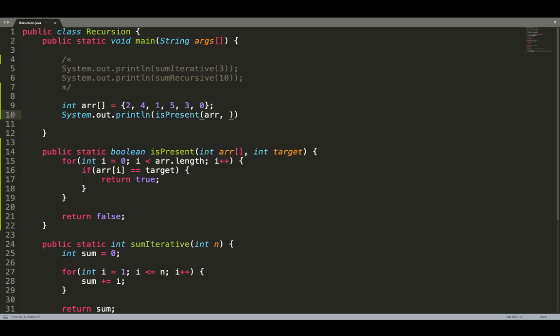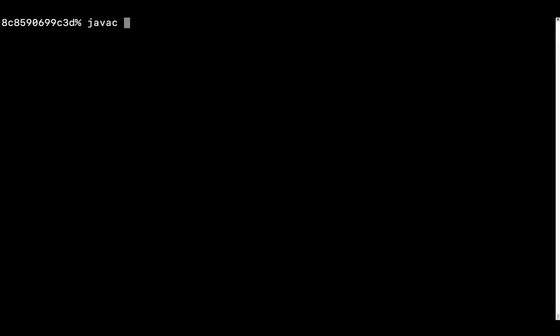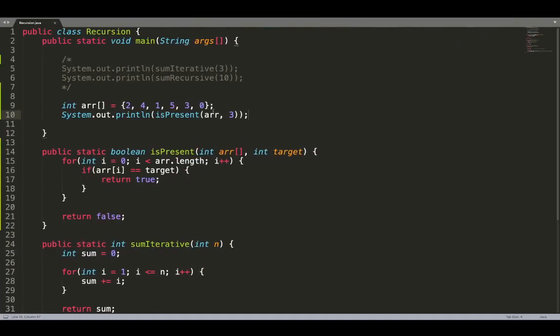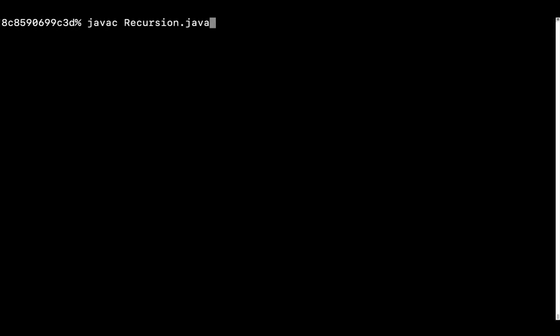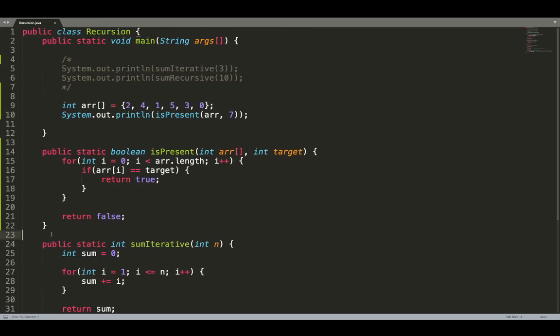Let's say I'm trying to find value 3 here. So it's returning true as 3 is present in the array. Just to be safe, let's check for 7, which is not there in the array. Yes, it is returning false.